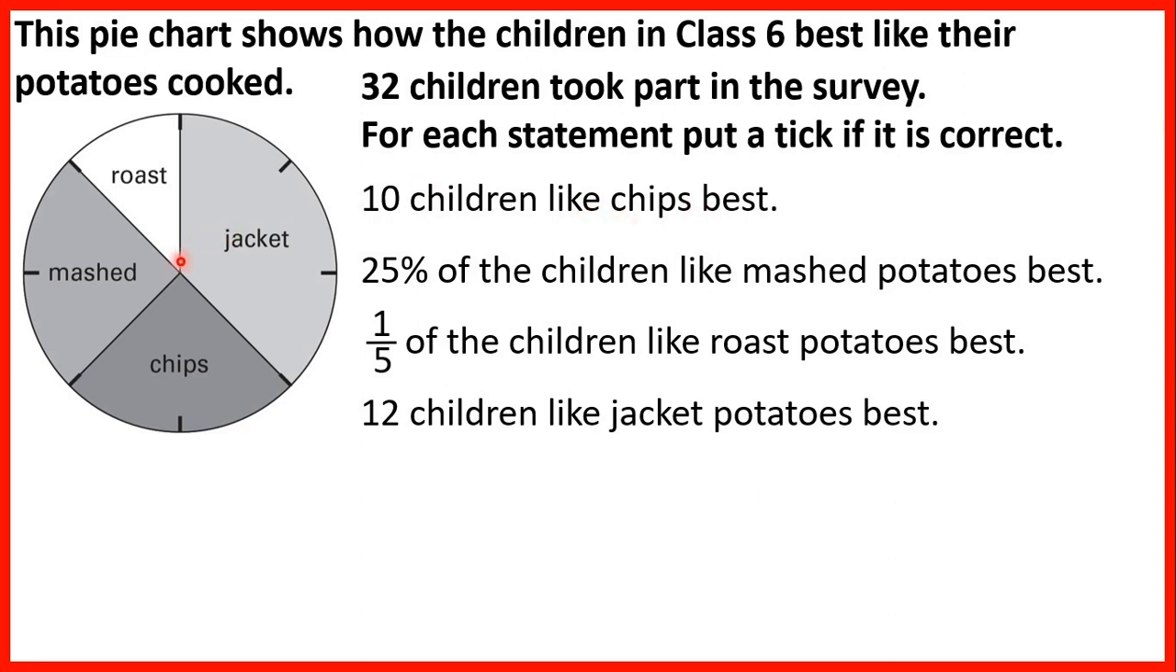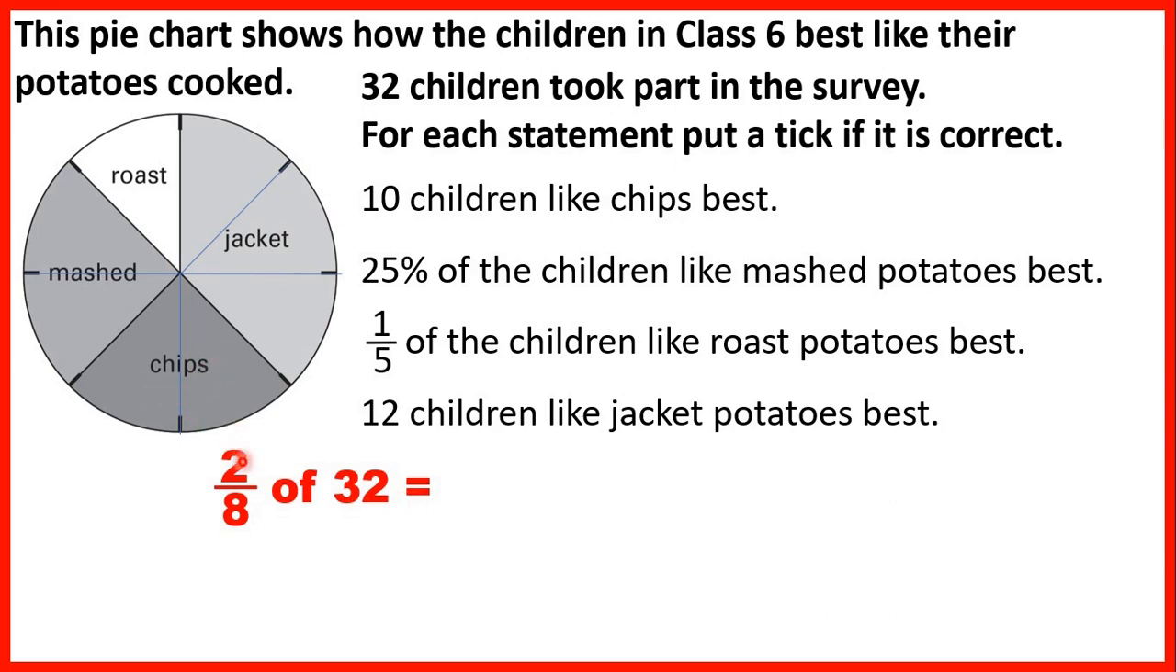Now what I would do here is to draw lines across so that our pie chart is split into equal pieces, and then we can see that we have 8 pieces altogether, and 2 of those pieces are for chips. So 2/8 of the children like chips best. There are 32 children, so we can find 2/8 of 32, and that will tell us how many like chips